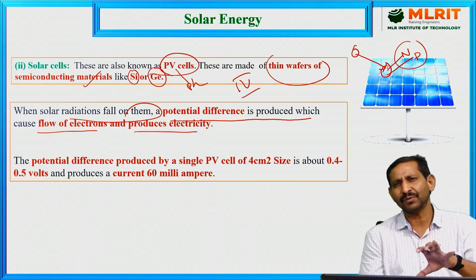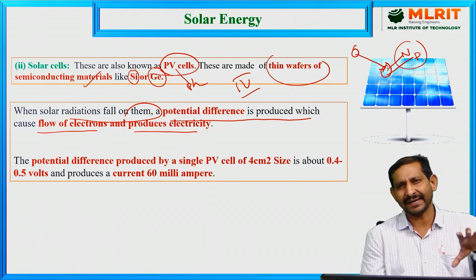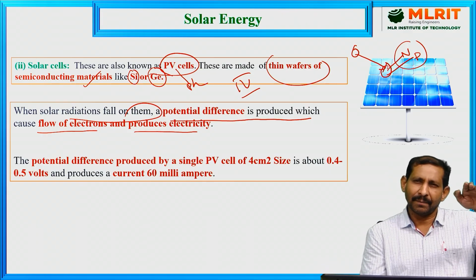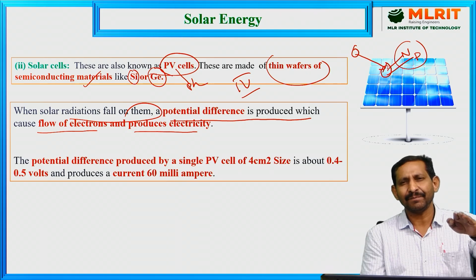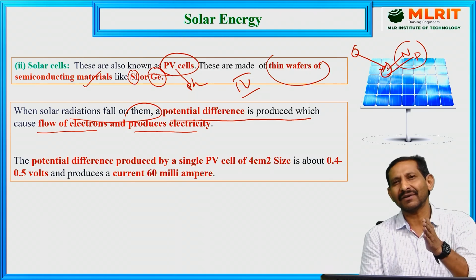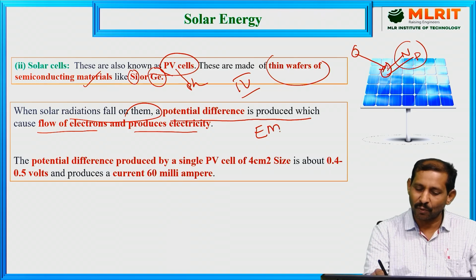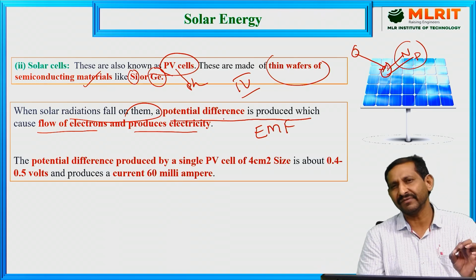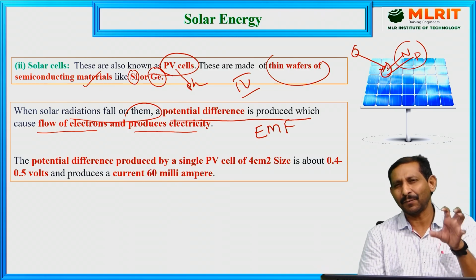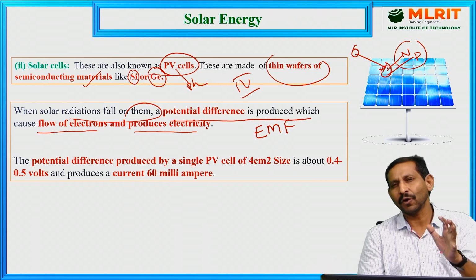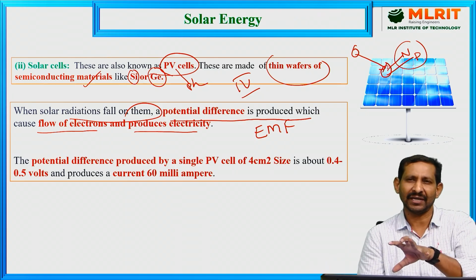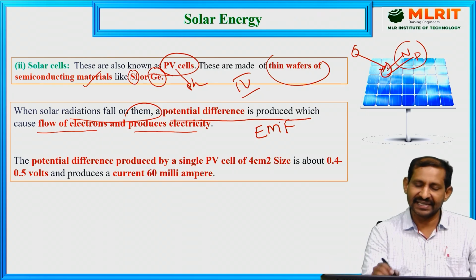The same principle is involved in the galvanic cell or batteries also. So the flow of electricity is the flow of electrons from the higher potential value to the lower potential value, that is called the EMF, electromotive force. Here also the principle is the flow of electrons. When the potential difference is there, electrons flow from higher to lower only. So that is how electricity is produced.